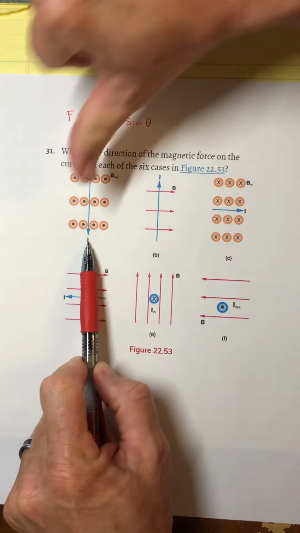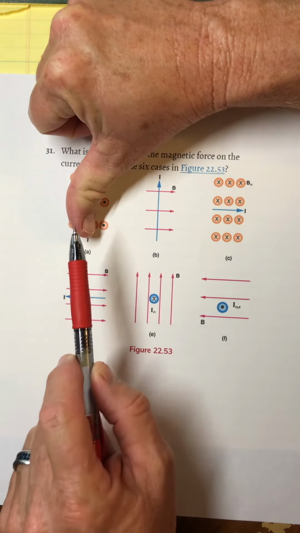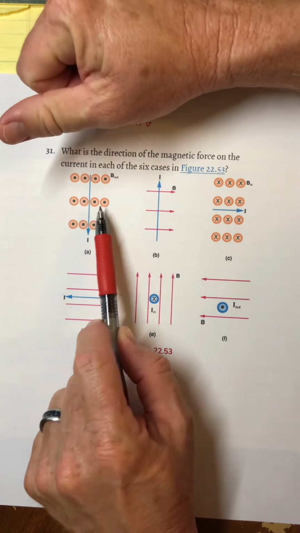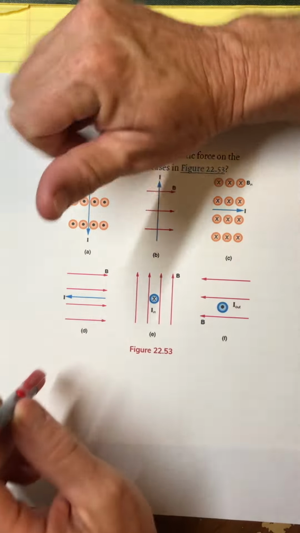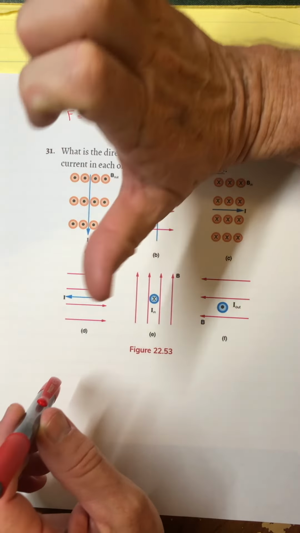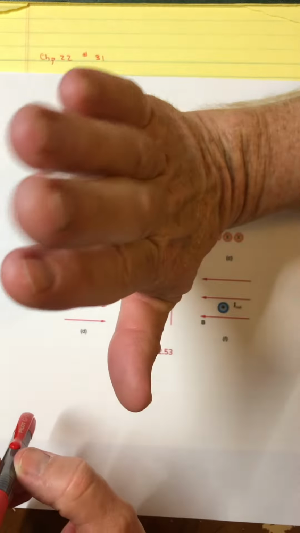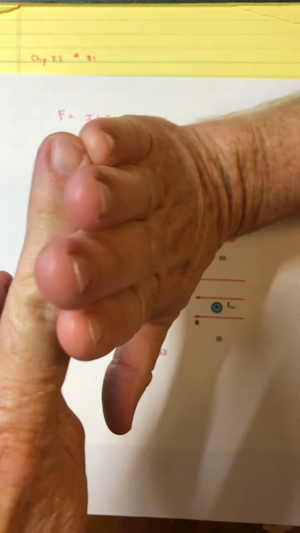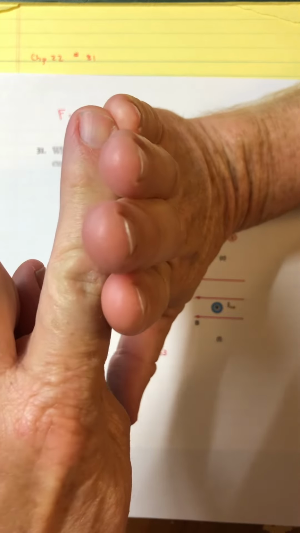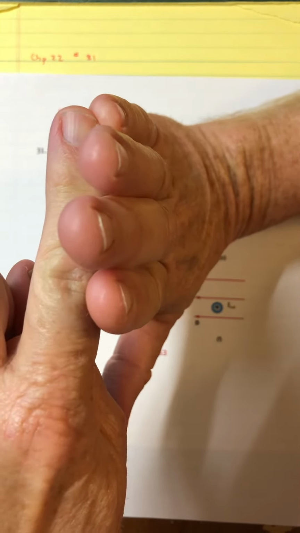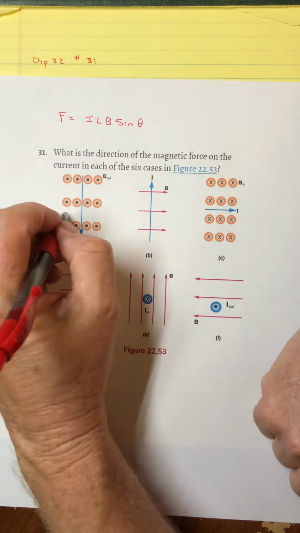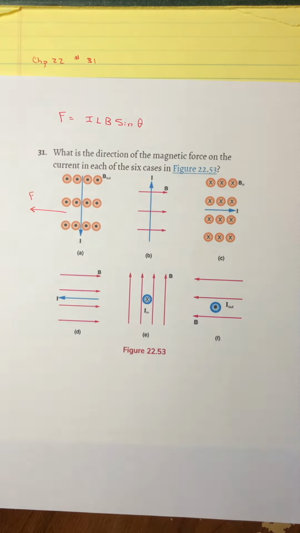So put your thumb in the direction of the current, okay. Your fingers in the direction of the magnetic field. And so these dots are pointing towards the screen. So I guess like that, pointing towards the screen. So I can push my hand that way. All right, so I've got my thumb in the direction of the current, which is down, and my fingers are into the screen, and so my palm is pointing over to the